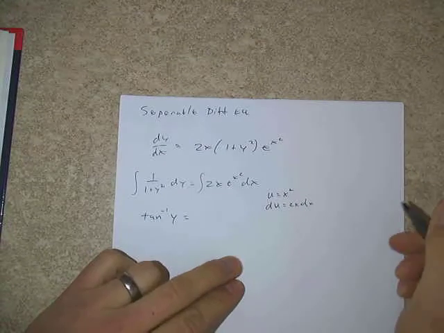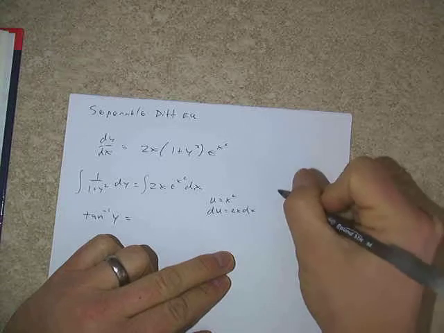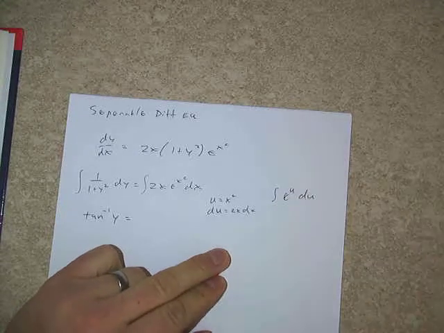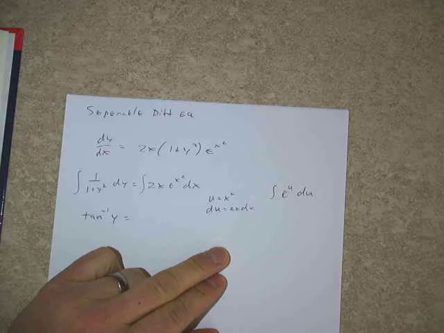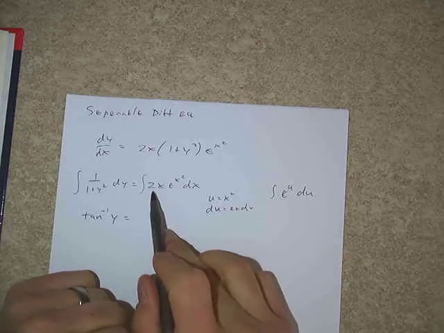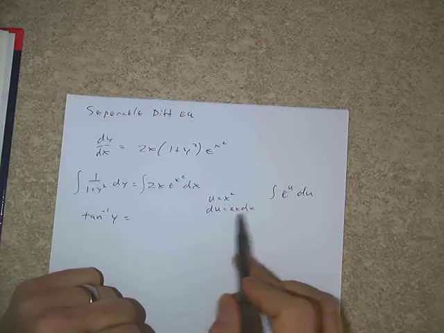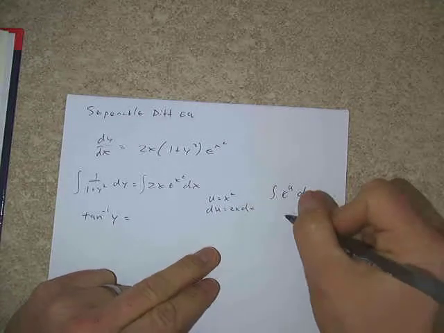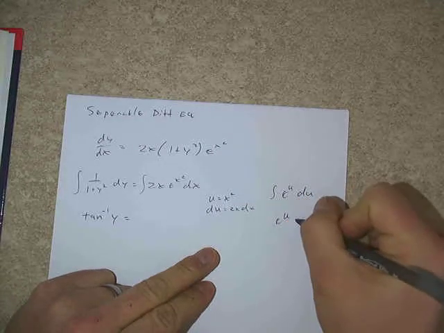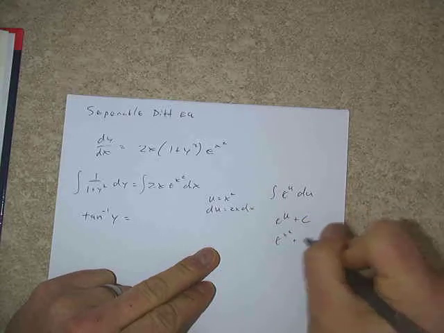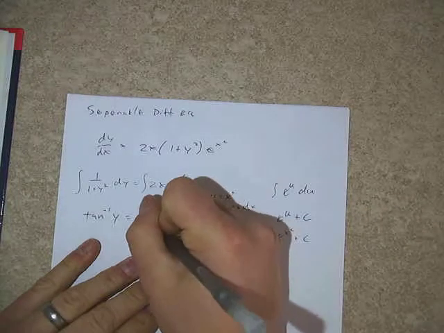And therefore my substituted integral, I'm going to do that on the side over here, would be e to the u now, and my 2x dx would just be du. Again, I got u is this, so e to the u is this part. I got 2x and dx, and I know 2x dx is du. So if I anti-differentiate, I'd get e to the u plus c, which ultimately would be e to the x squared plus c. So on the right-hand side,